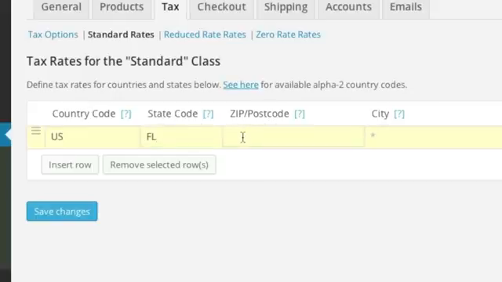Note that you can actually use a wildcard. For example, if you want to specify a specific rate for certain areas in your state, you can actually enter in, for example, 337 and then asterisk here. And what happens is it actually calculates this 7% for all zip codes that start with 337. And if you just enter in the asterisk as I did, it will actually calculate 7% for all zip codes